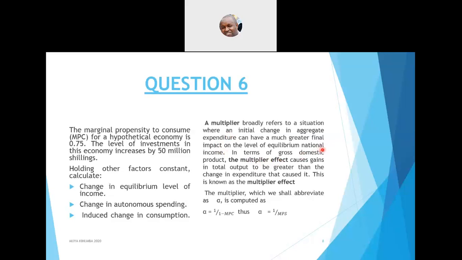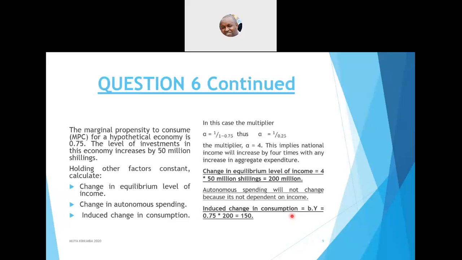Now, the multiplier, which we shall abbreviate as alpha, is computed as 1 over 1 minus marginal propensity to consume, which we can also say alpha is 1 over marginal propensity to save. In this case, our multiplier will be 1 over 1 minus 0.75, which is 1 over 0.25,